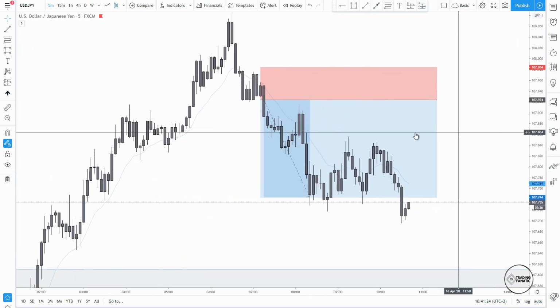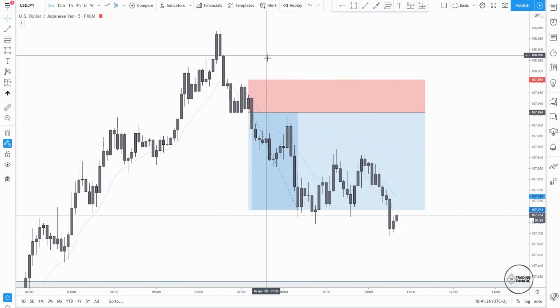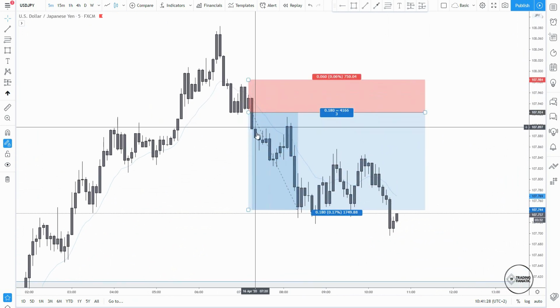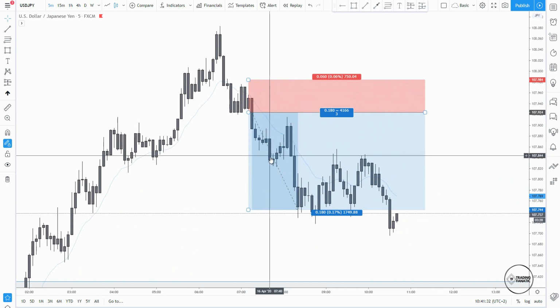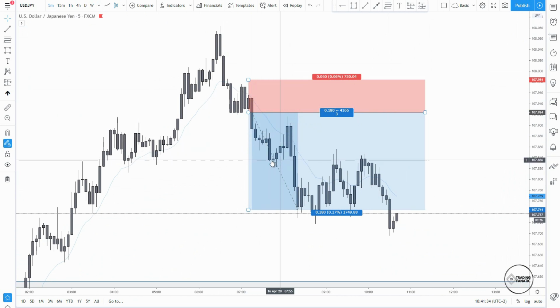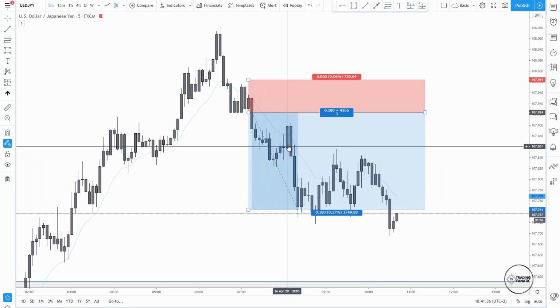So what the market did, again, first level, I want to minimize my risk. When the market pushed down there, I minimized my risk at half stop loss. When the market continued to the downside, I was still thinking of it, but I kept watching the trade. And this was my